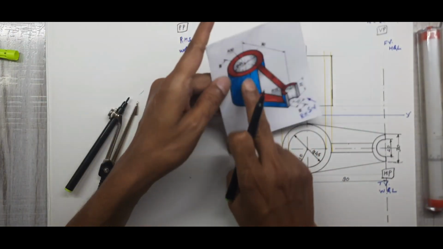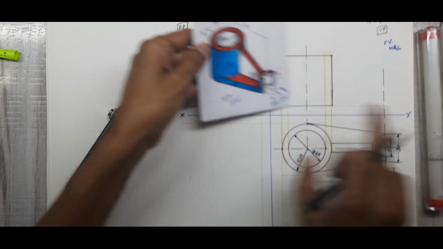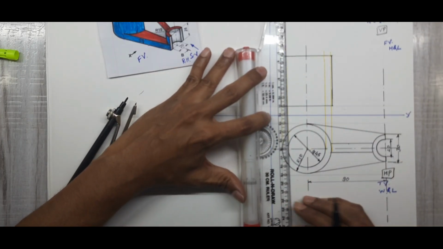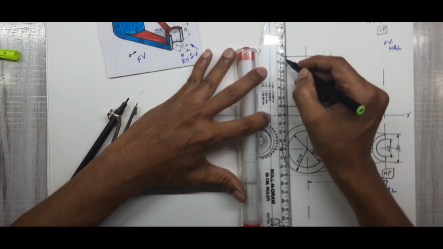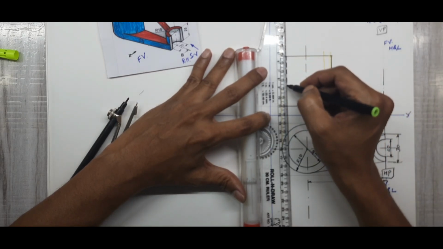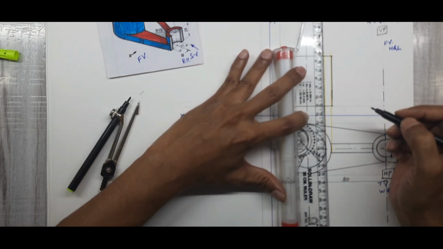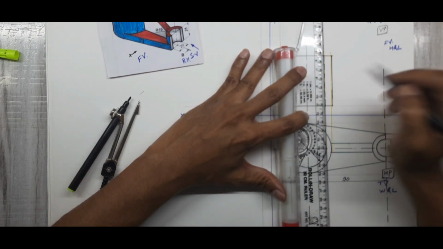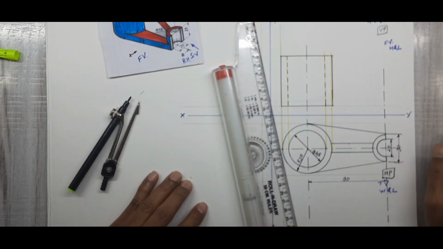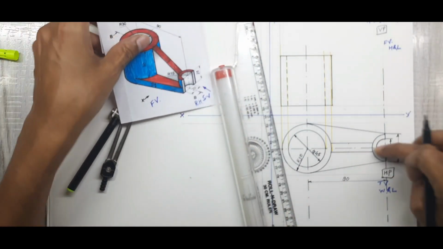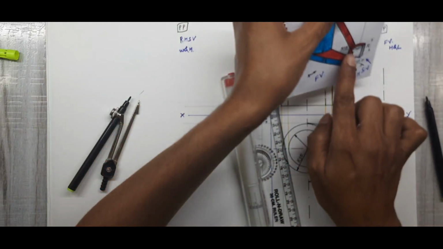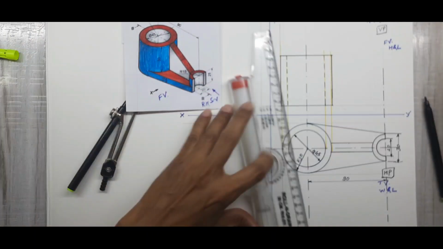Then this hole is not visible, first of all. So what I will do, I'll mark it with a dotted line, or a hidden line. Okay, so this part I have done. Then again I'll go to this C part. This one means this part I want to draw, so I'll project it in an upward direction.